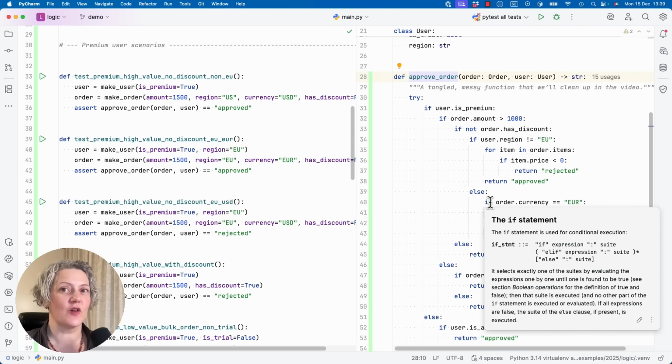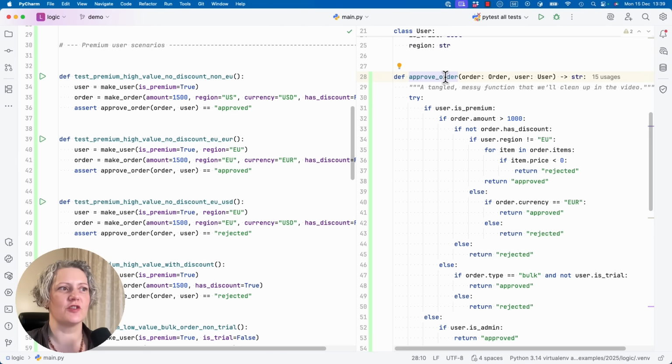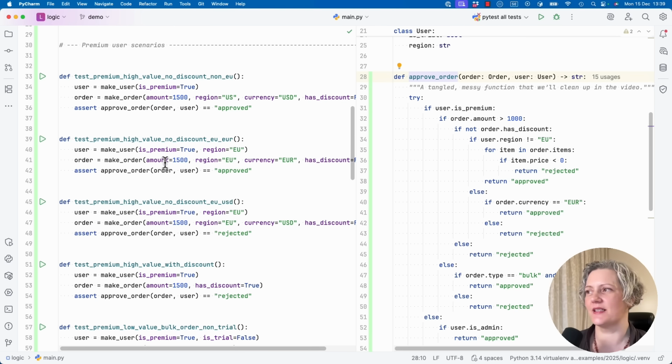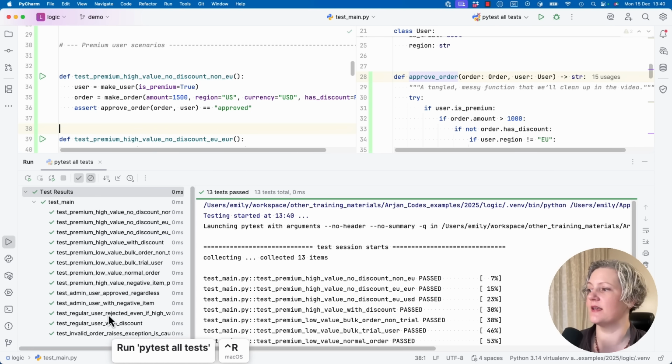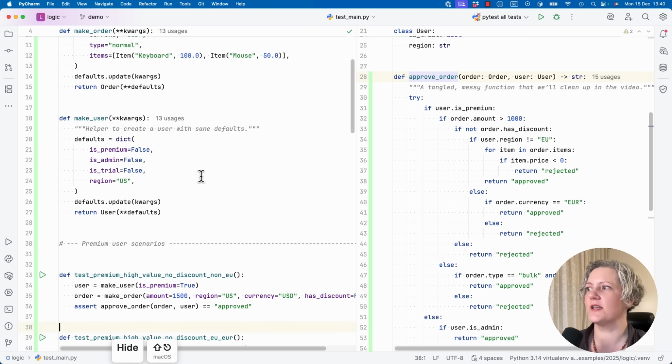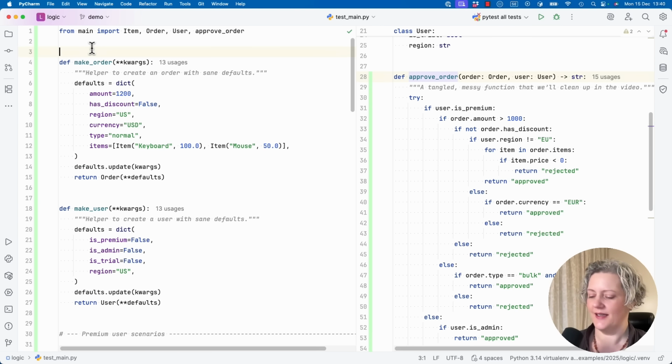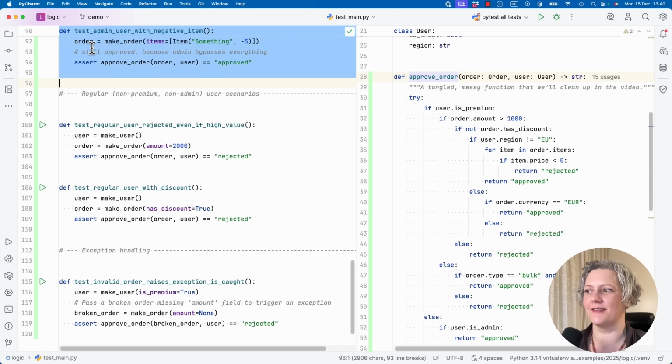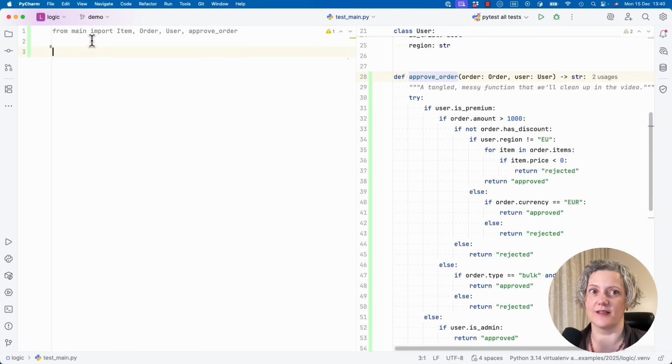This is the code that I've got from Arjan's GitHub, and the original function approve order with the tangled logic we'd like to refactor. And here on the left, I've got the unit tests that he created. And these are actually very nice. I mean, if I run them, you can see there's lots of them with good names, and the structure of each individual test is really clear. And, actually I've got nothing against these tests, except they were a lot of work to create. He had to really read the code and understand it.